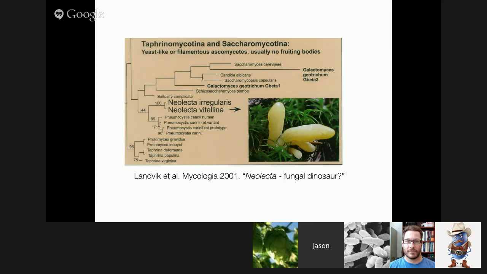So some previous work had put it within relatives of the Saccharomyces, but its placement had been quite confusing, and it was called a fungal dinosaur because it might represent a really old, early branch in that group. And so again, to solve this problem, although I guess I've already shown you a tree of where it fits in our data, we of course use our favorite tool for things like this,